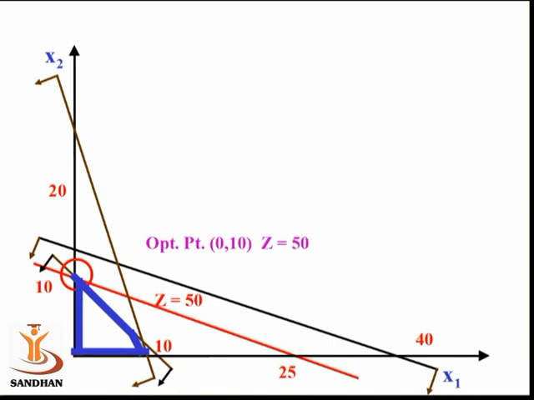So as required from the problem, the solution is x1 = 0 and x2 = 10, meaning one has to produce 0 objects of the first type and 10 objects of the second type, so that we get our answer Z = 50. So out of the options we can select that option C is correct, and that is 50.